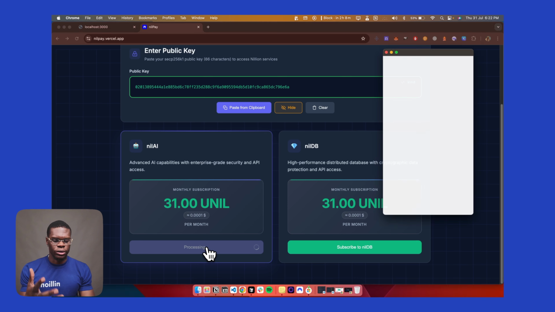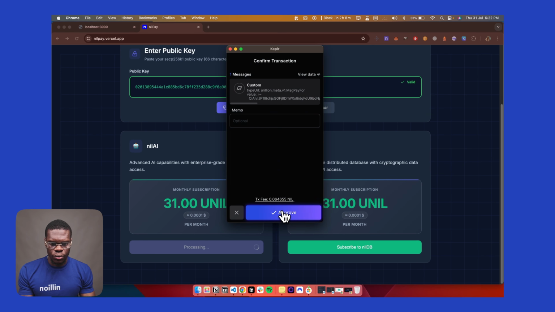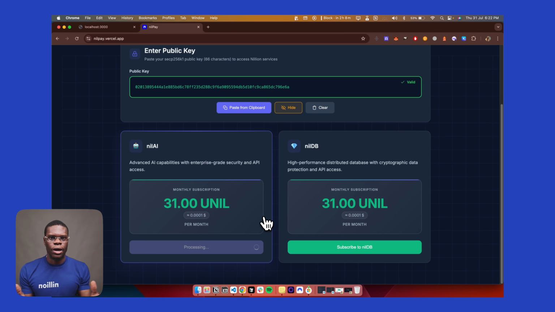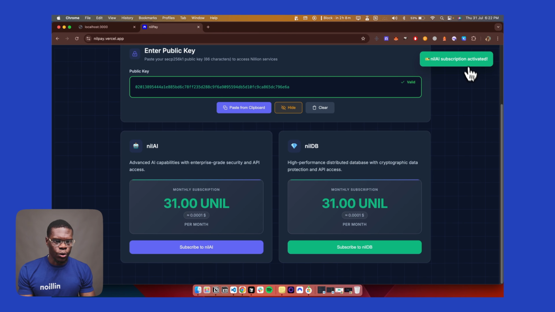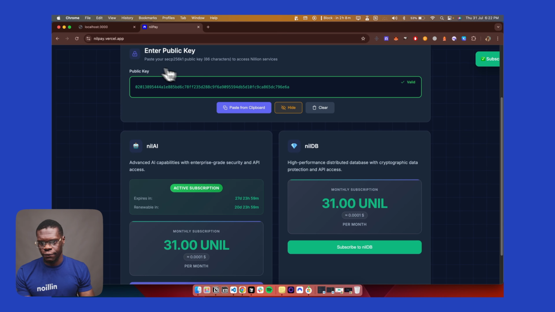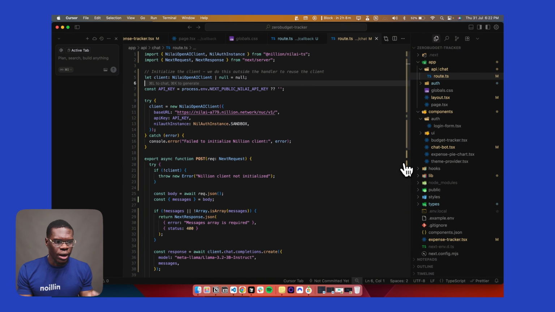Ensure you have your Keplr wallet installed and set up for this. So I will approve the transaction. If you don't have any Nillion, you can head over to the testnet faucet to get some testnet tokens. All of the links will be made available in the description. All right, cool. Our Nillion AI subscription has been activated. So now that we have an active Nillion AI subscription, the next thing we need to do is to build